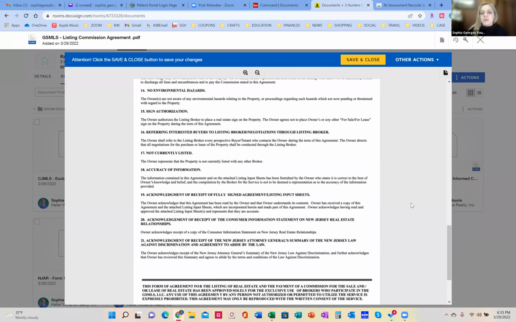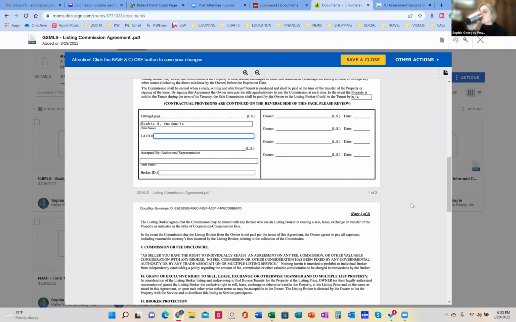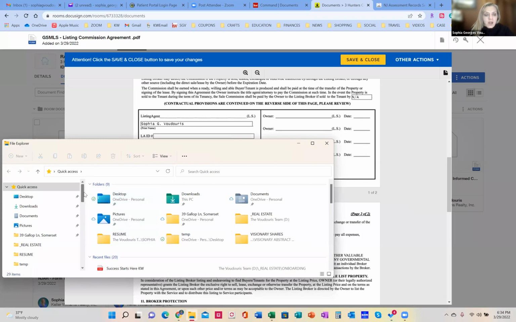Now, I've seen people with a variable commission. You guys know what that is? Variable commission. Yes. What are some instances where you could have something like that? Like if you were trying to negotiate a dual agency, or trying to nail down a listing, you could offer them slightly less if you end up being a dual agent. If that's the case, then when we go to do the signatures, you can put a little text box here and write it in. What I actually do is I created my own